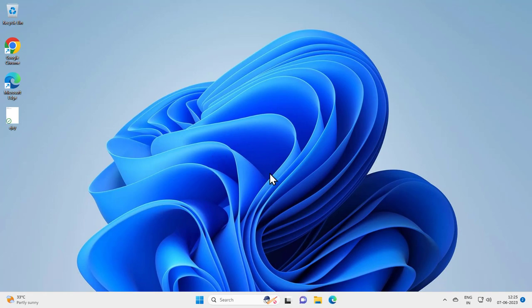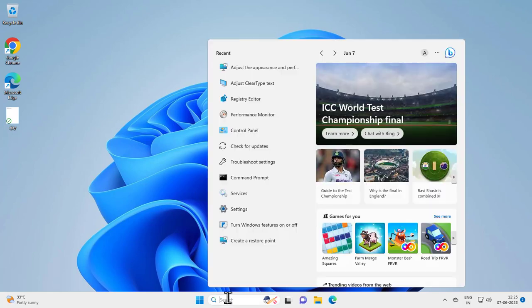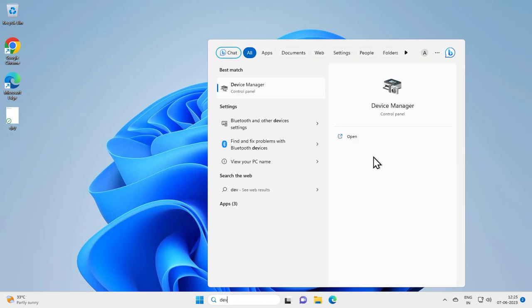This works for most people, and if it is not working for you, let's move on to the last solution of my video. Go to search menu and type device manager. Open it,